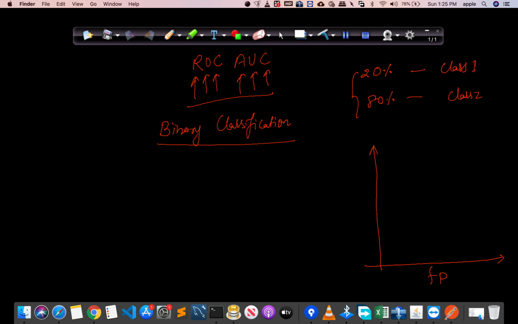we should have false positive rate on the x-axis and true positive rate on the y-axis. This is the y-axis and this is the x-axis, and we may have a graph like this or like this. Okay, so this value will be 1, this is the maximum, this is 1, and here also this is 1. So the area under curve at maximum can be 1 and minimum can be 0, as seen from this particular square. See, this is a square.